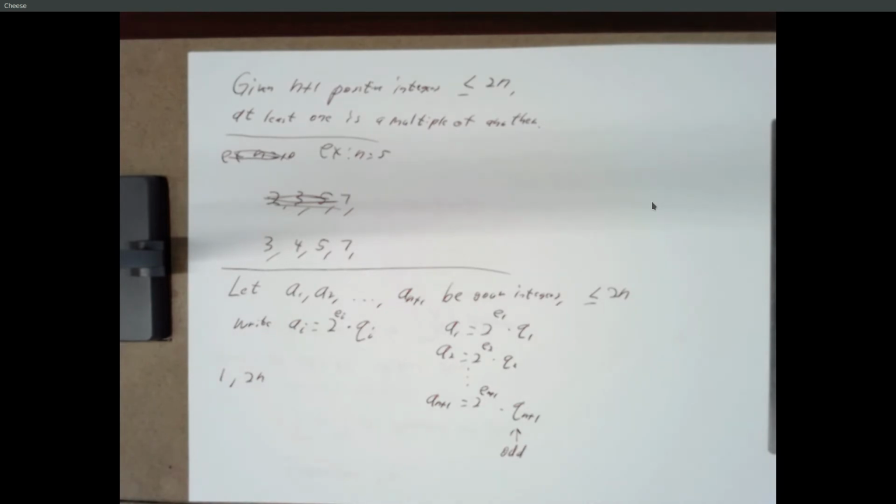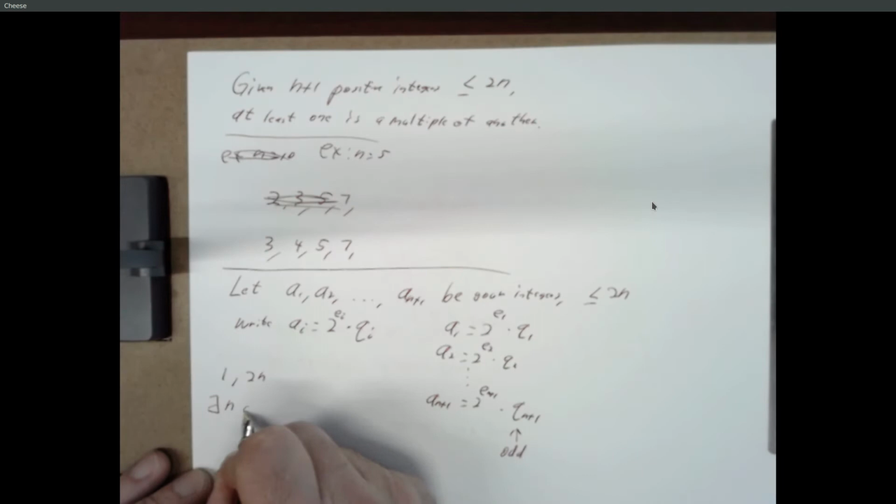There's n. So if n is equal to 1, how many odd numbers between 1 and 2? Just 1. If n is equal to 2, how many odd numbers between 1 and 4? 2. 1 and 3. If n is 3, how many odds between 1 and 6? 3. 1, 3, 5. And we could prove with an inductive proof